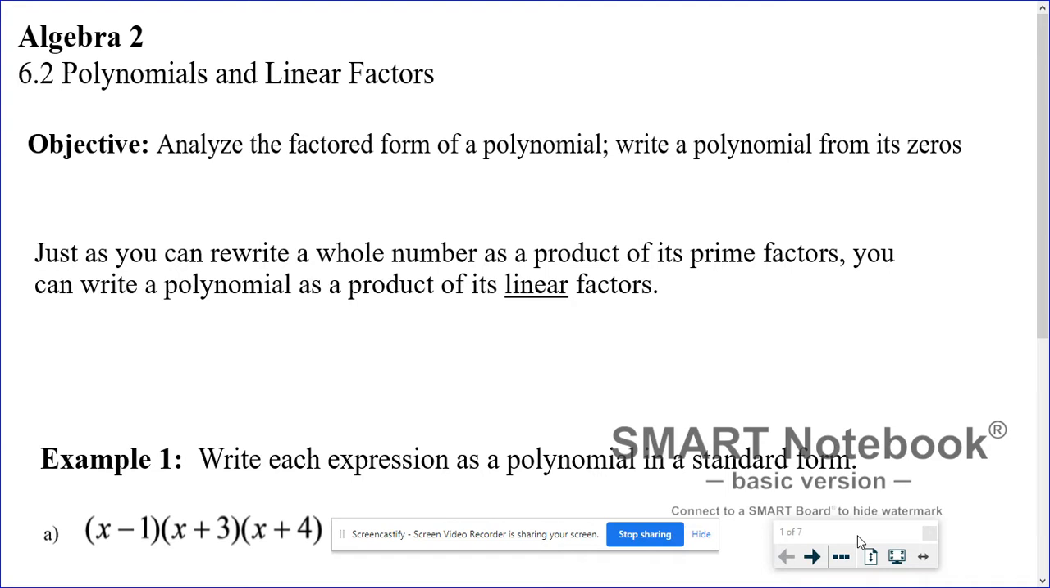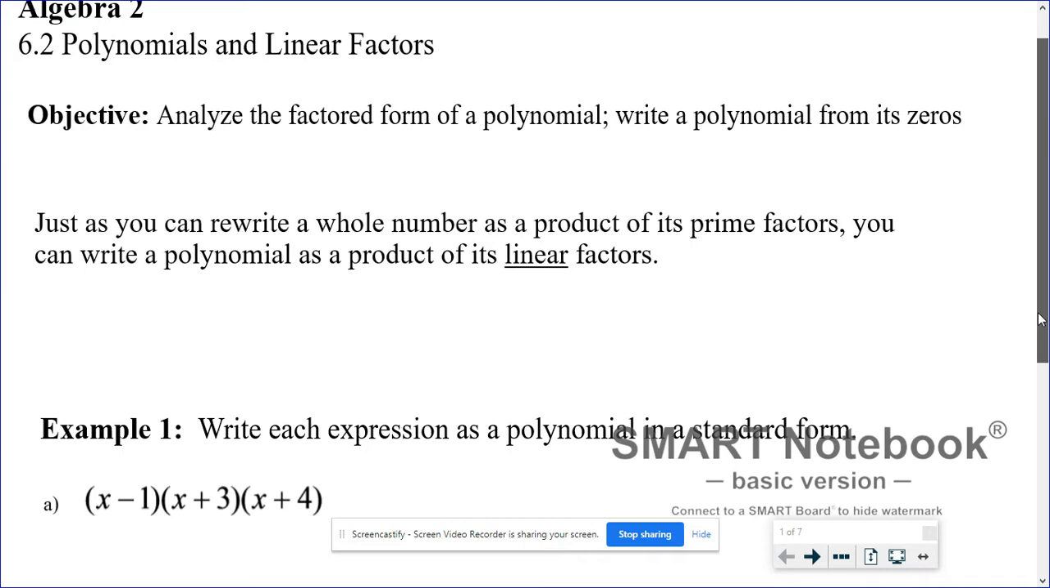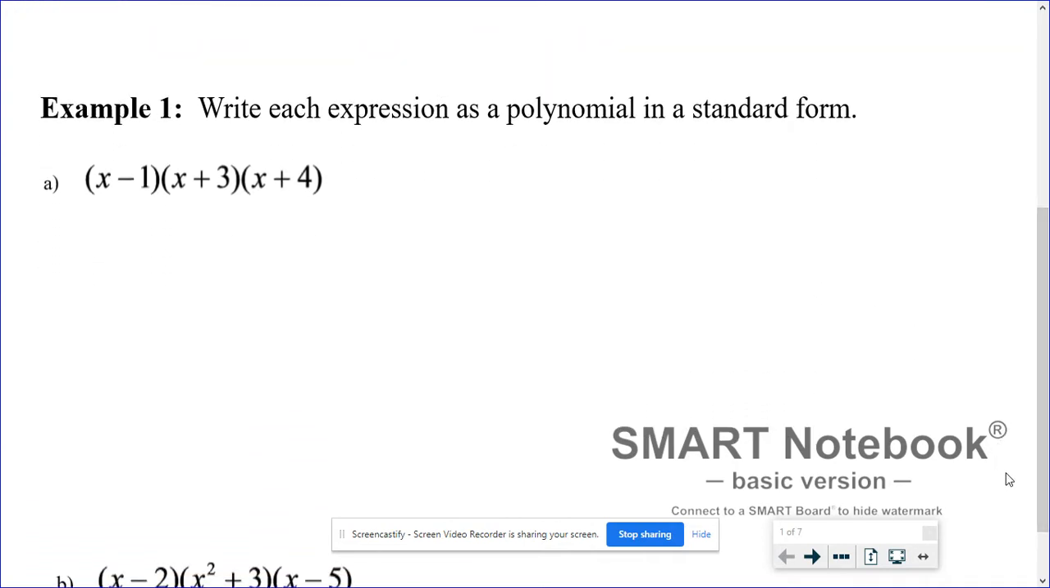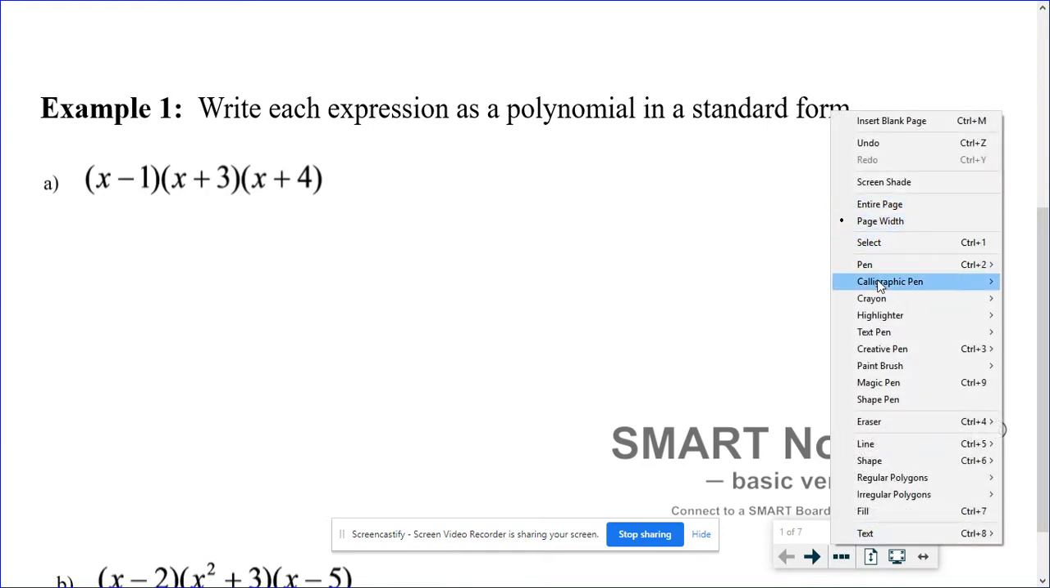Just as you can rewrite a whole number as a product of its prime factors, you can write a polynomial as a product of its linear factors. So here we're being asked to take a polynomial and write it in standard form. So basically that means to multiply it out. So if you have